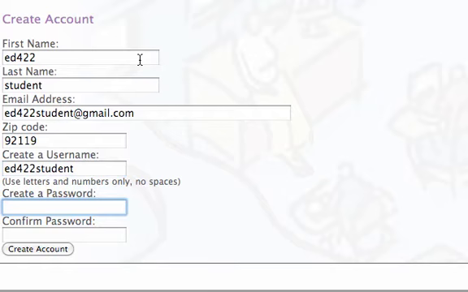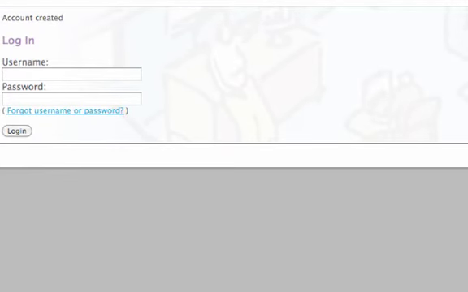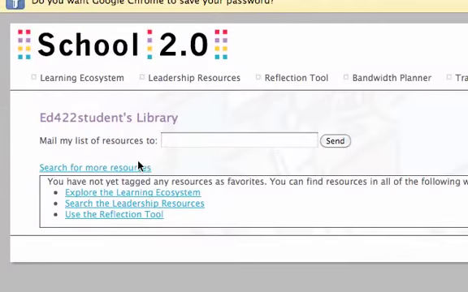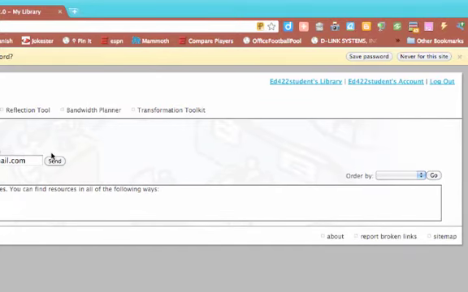Of course, I'm using my Ed422 student account. Account created. So I'm going to log in here. And you can mail my list of resources to Ed422 student. Okay, so once we have our account and you see your name up here, which would be very important, we're